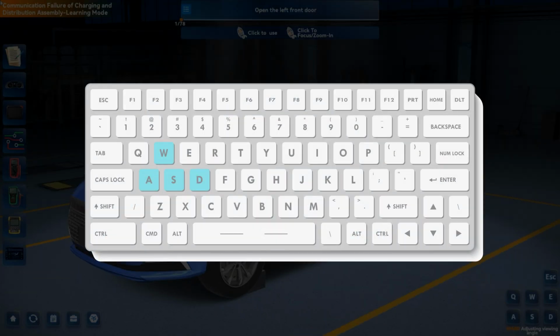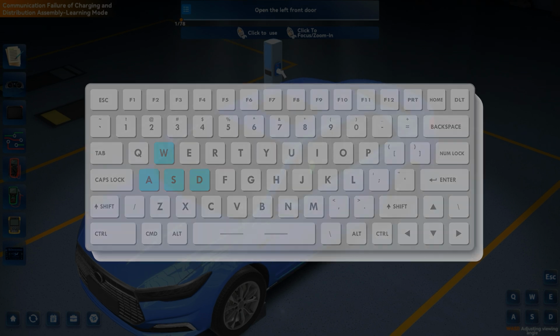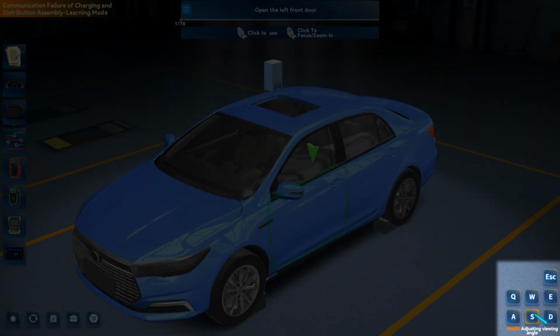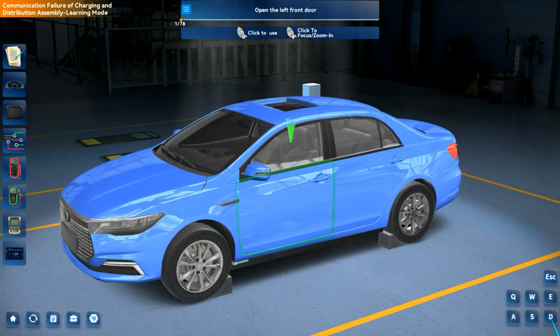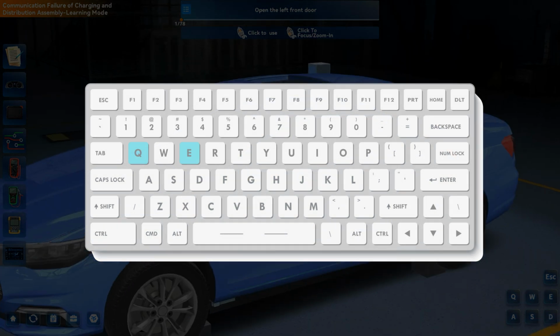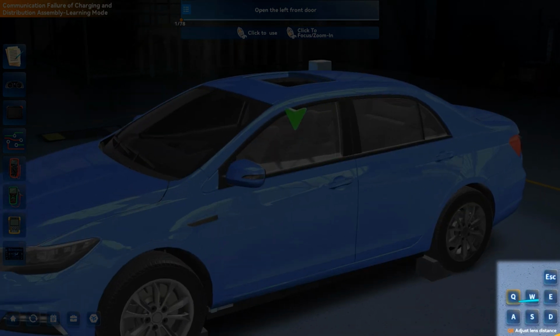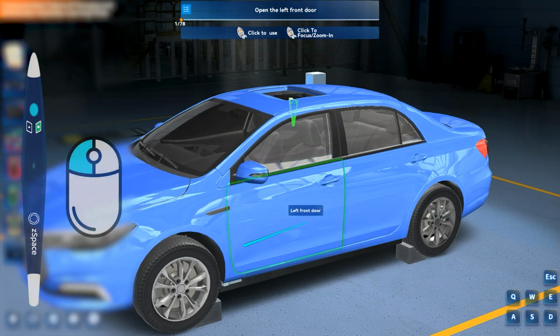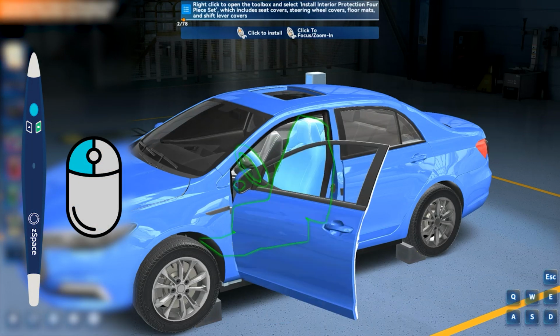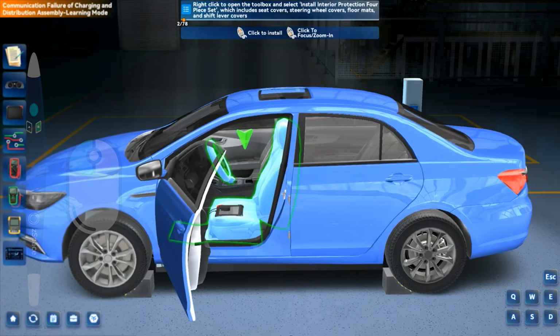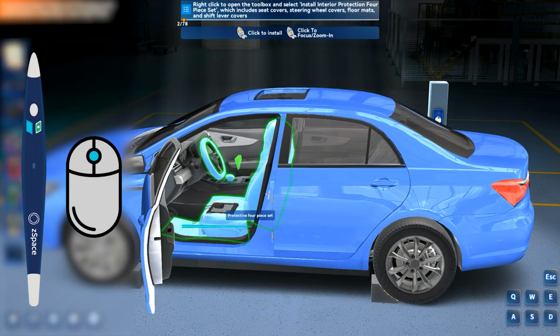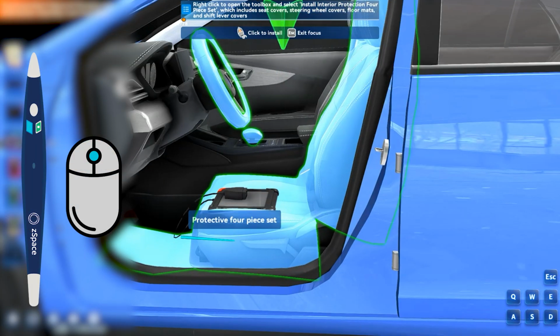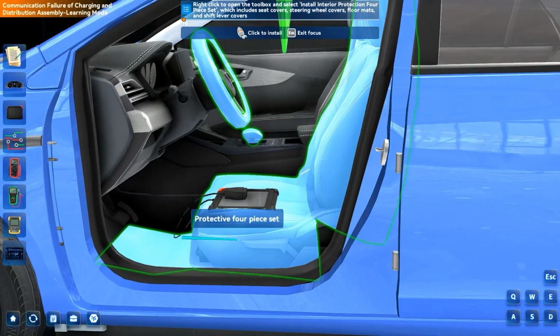Using the WASD keys on the keyboard, or selecting the icons on the bottom right, rotate the camera around the scene. Using the Q and E keys, or selecting their icons, you can also zoom in and out. Press the center front button of the stylus, or left-click on the mouse, to select and interact with objects. Press the left button on the stylus or middle-click your mouse to zoom into certain areas.